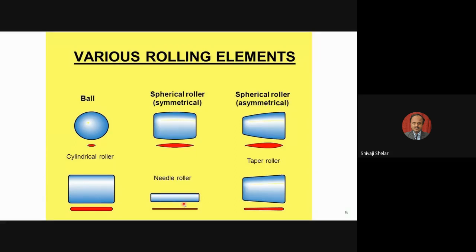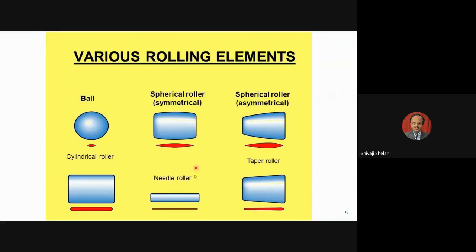If you use slender rollers in the bearing, it is called a needle roller. Here L by D is greater than 1. Please remember, this is the L, this is the D. The slenderness ratio may be greater than 4 or 5 in a needle roller. For cylindrical rollers, L by D may be a maximum of 2, so it will not be a cylinder; it will be a solid, bigger rolling element. So spherical, then cylindrical roller, and again, if the slenderness is greater, then it is called a needle roller.